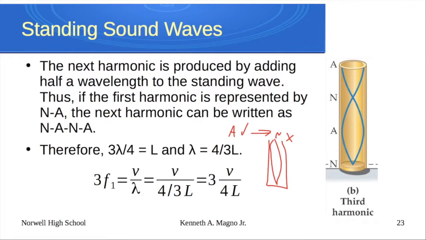I skip over the second and I go right to the third because I would never hear the second harmonic, all right? It's not to say the second harmonic couldn't set up in the tube. It's just I could never hear it. It wouldn't actually let air out of the tube. So we end up with 3 times f1. And then if I went to try 4 times f1, again, that can't happen. So I go to the next one, which would be 5 times f1.